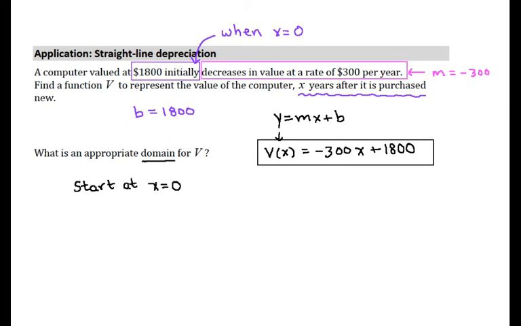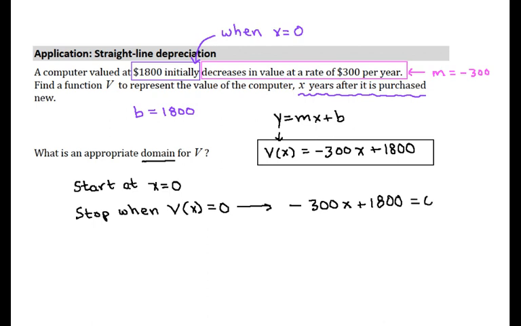It's also going to stop applying once the value of the computer gets down to 0. If you end up with a computer that's worth negative $10,000, well, that's great. Or not if you own it, I guess, but if you want a computer that's worth negative $10,000, that means you get the computer and you get $10,000. And well, that just doesn't happen very often. So we figure this also stops when v of x is equal to 0, since this is a decreasing function. So that's why we want to find out what value of x that corresponds to, to figure out the end of our domain. If we set our formula for v of x